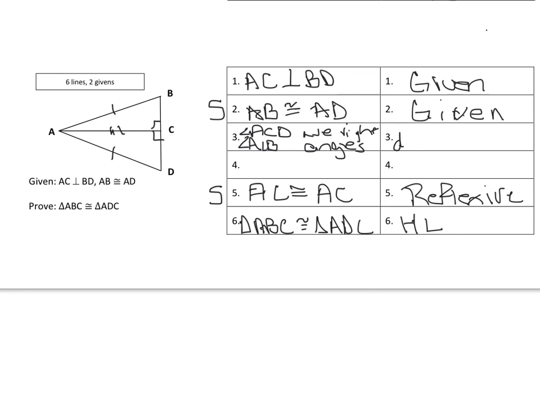And that's by definition of perpendicular. Knowing that ACD and ACB are right angles tells me that triangle ACD and triangle ACB are right